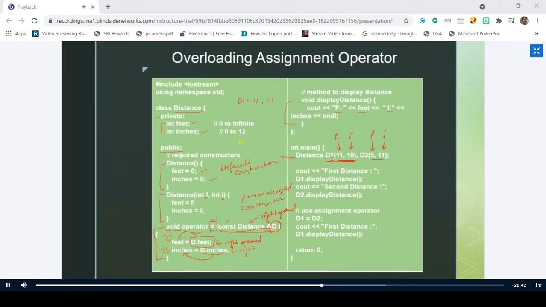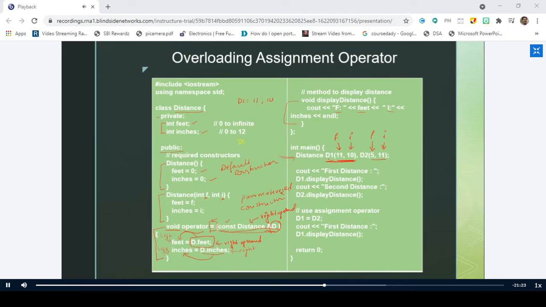Calling parameterized constructors. Right. Before that, you have to say that you are going to create the objects D1 and D2, and you are going to call the parameterized constructor.